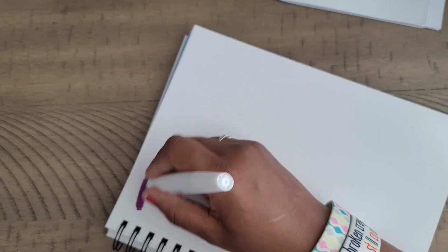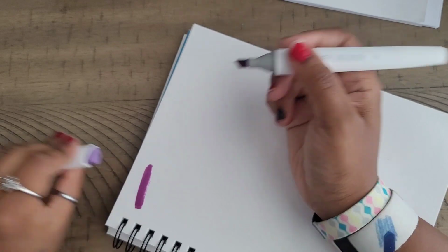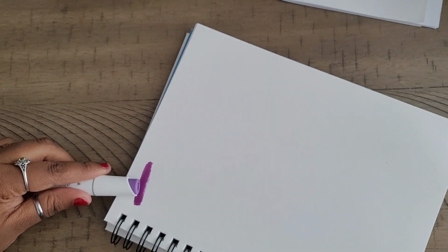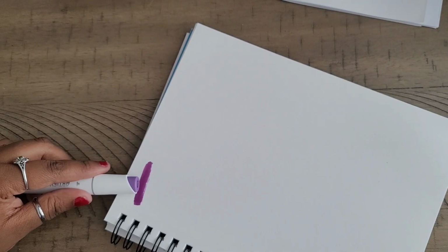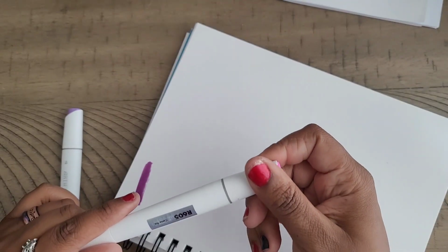Ooh, I love the broad tip. You've got to give it time to dry, because sometimes when they're wet, they don't always match, but when they dry, it does look like the color. Now, purple is a color I don't have a problem seeing, and it does look like the color that would be for grape. So let's take this pink, which is